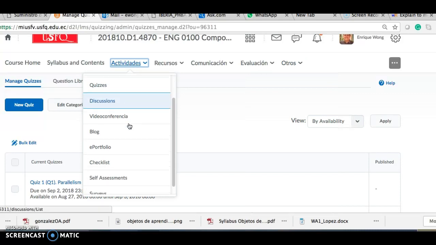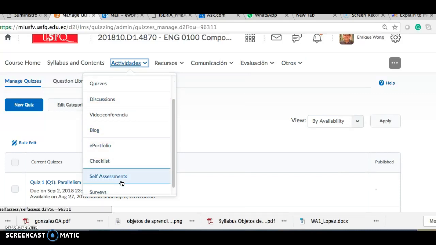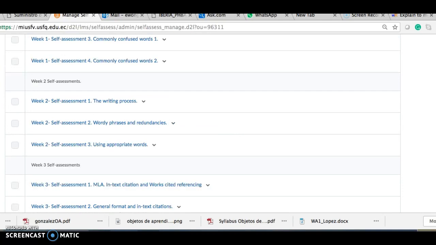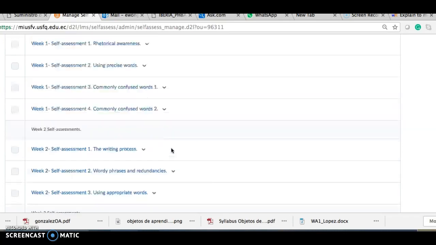The self-assessments are here. Okay, under activities, you have the self-assessment of the week, and in week 2 you have 3 self-assessments: the writing process, word phrases and redundancies, and using appropriate words.